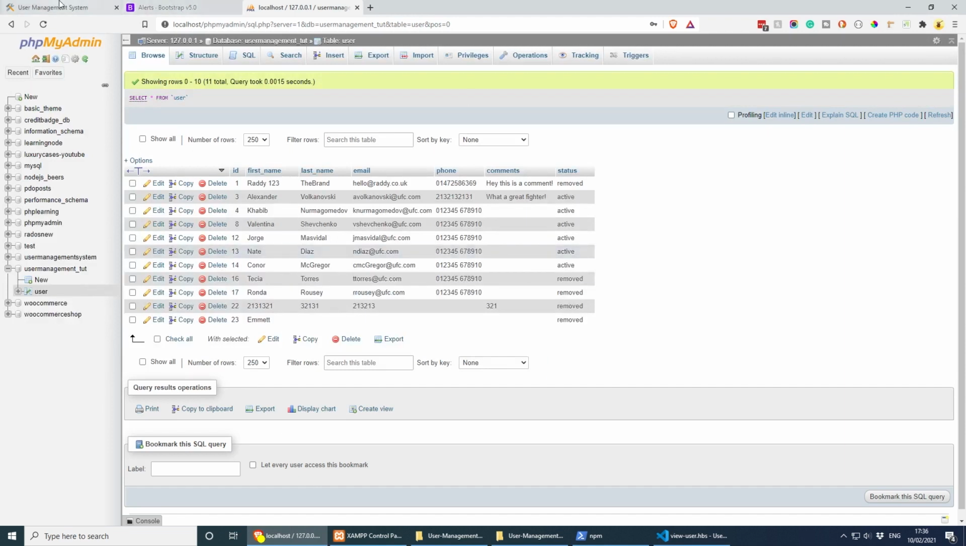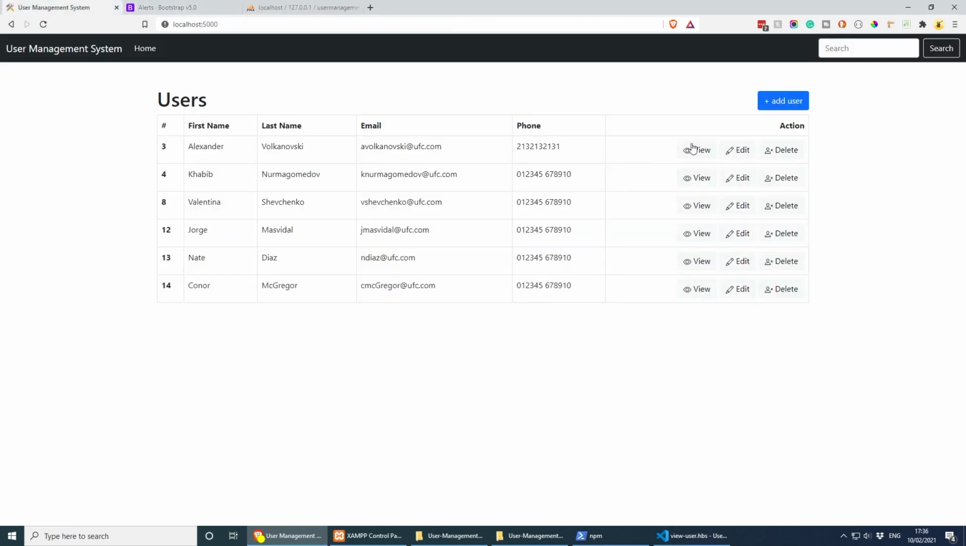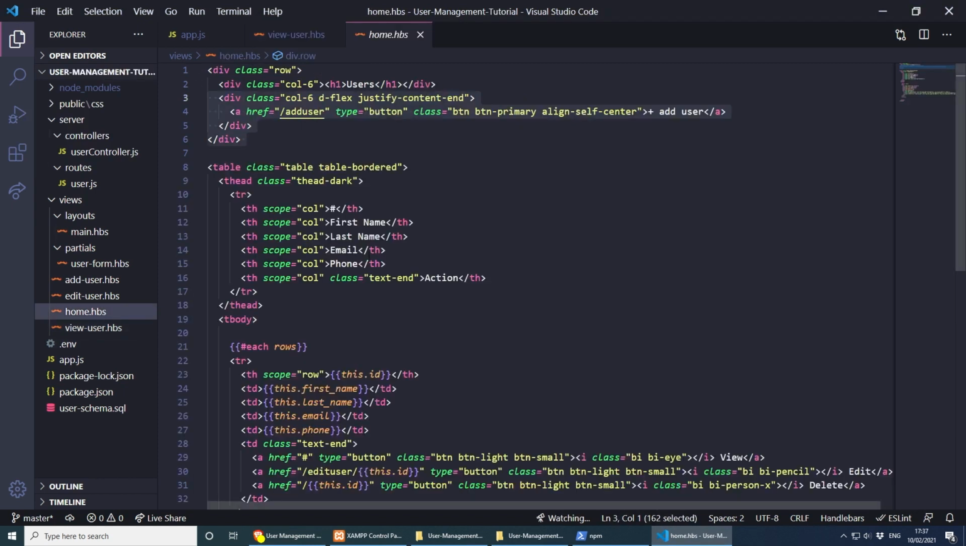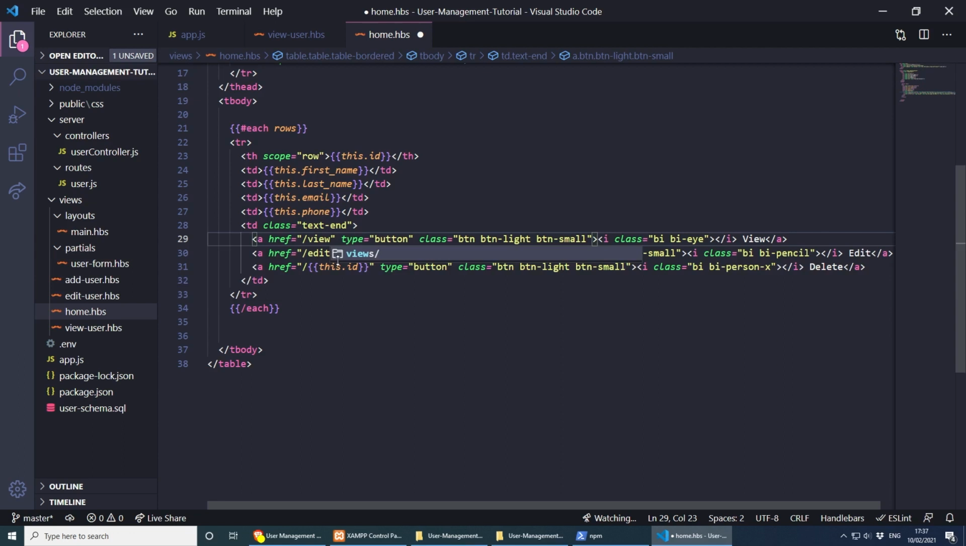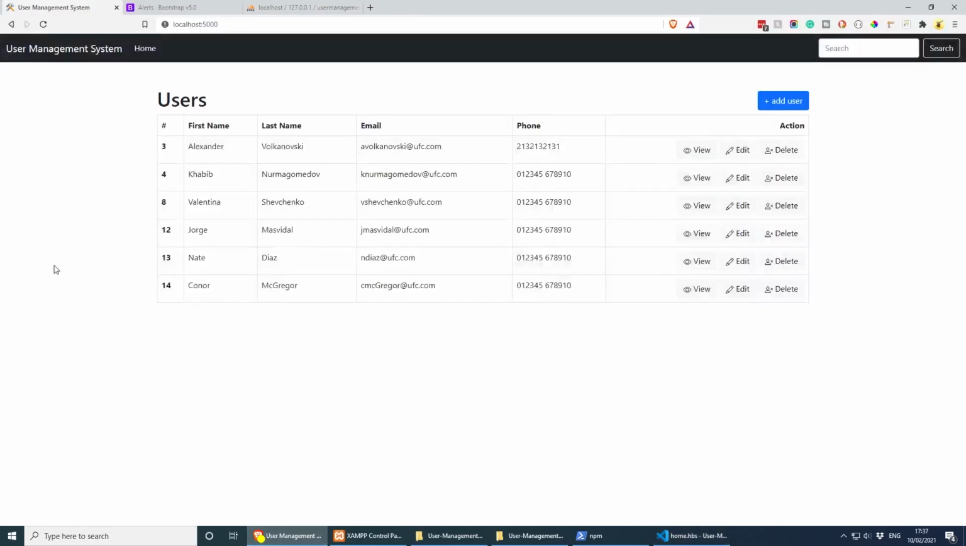Actually, if we go back, we need to change the link as well. So on the home page, we can go back down to the bottom, and all we have to do is change this one here. So this will be view user, and then we can do slash, and then we can pass the ID of the user that we want to view. So if we do that and view the actual user, so let's see Khabib,